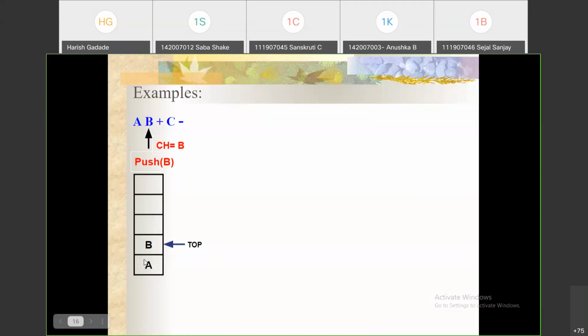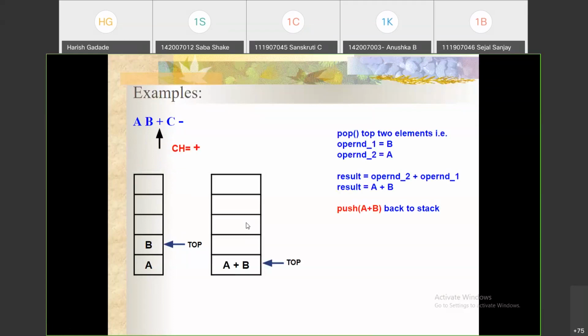So pop the top two elements: operand 1 is B, operand 2 is A, and the result is operand 2 plus operand 1, because the reading character is a plus.